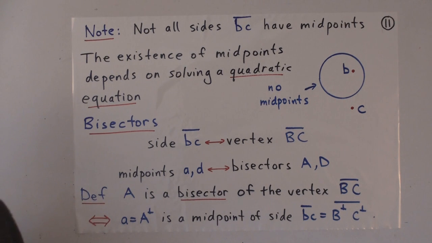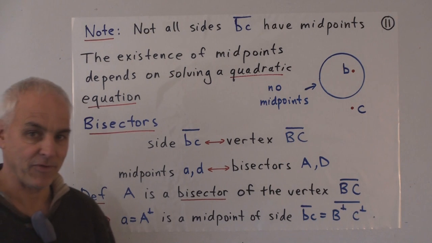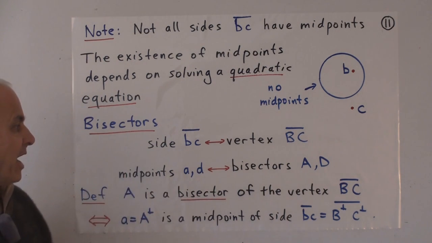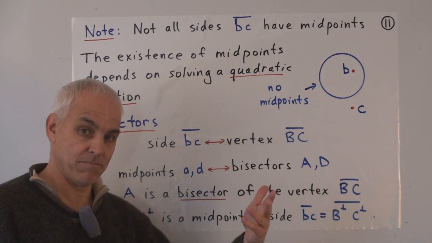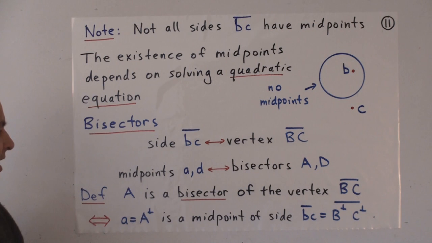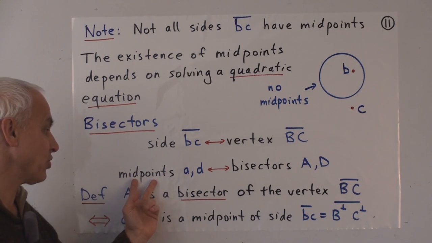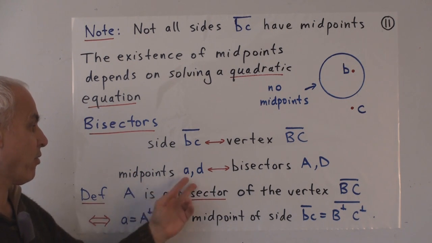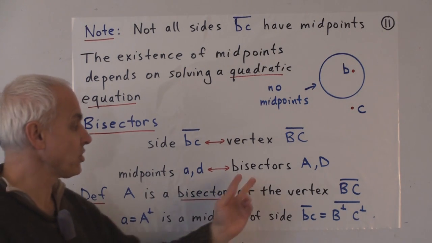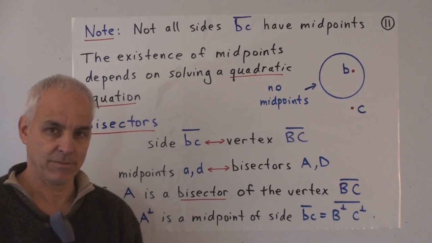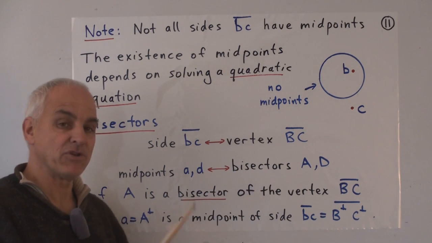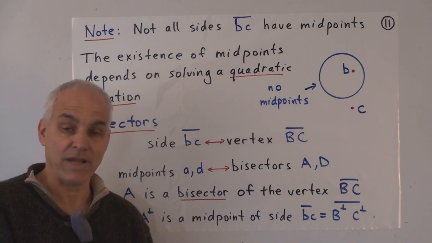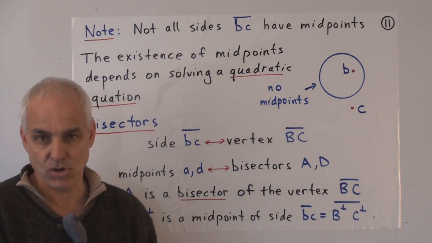Now there's a dual notion to the notion of a midpoint. Remember, duality is one of our main principles here. Points are dual to lines. A side, which is a pair of points, is dual to a vertex, which is a pair of lines. And similarly, there's a duality between this notion of midpoint that we've just defined, midpoints of a side, and a dual notion of bisectors of a vertex. These are geometrically playing the role of what you often call angle bisectors in Euclidean geometry.